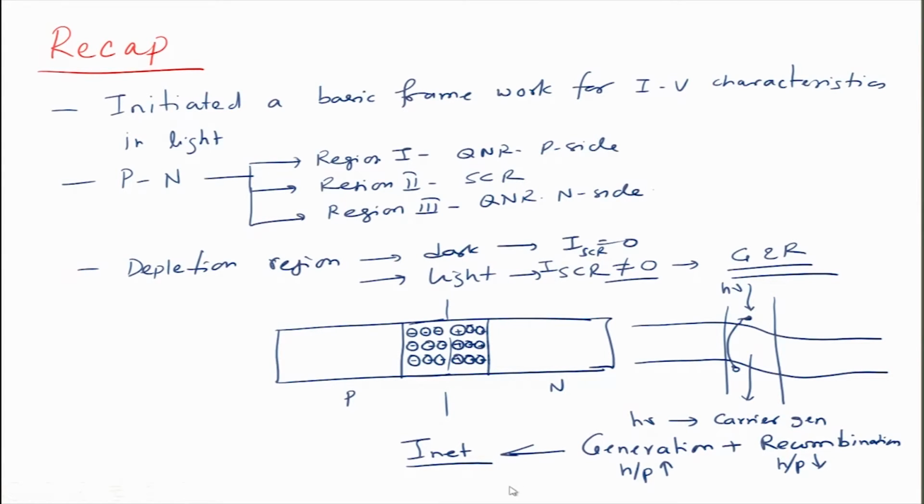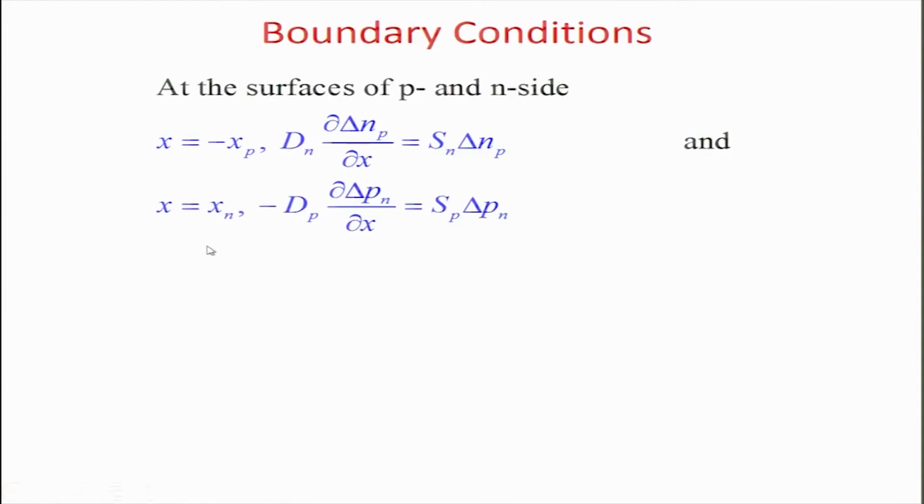So, that is what we were doing, and we also wrote the minority carrier equations, which was basically 3 terms. First was the diffusion term, then you have recombination term, then you have generation term. All these 3 are equal to 0, and we now need to integrate these, we now need to analyze these equations. So, we will not go through the complete derivation of it, but we will just do a few things for this.